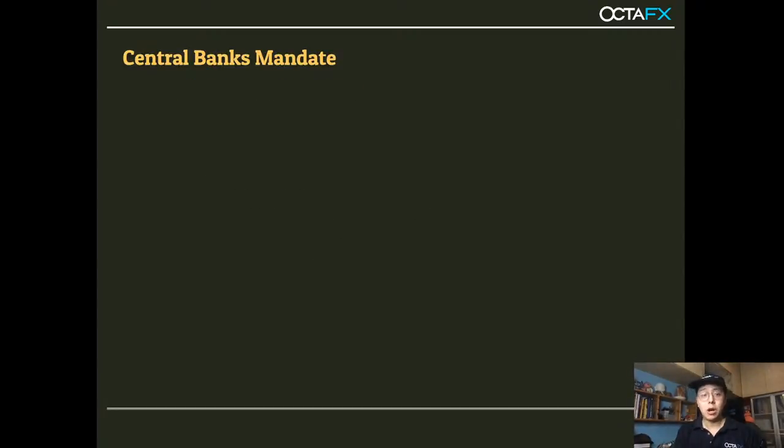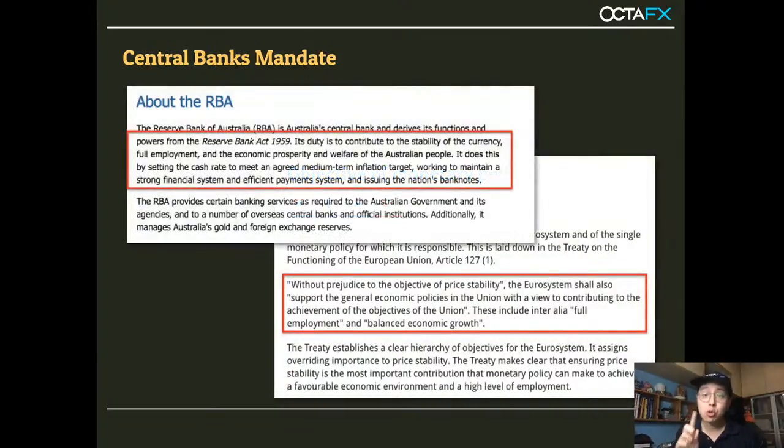Now over here, of course, later we'll go through one case study of a central bank to show you that all this mandate, all this KPI can be found inside it. So this one here is just a very quick example to screenshot. Later we'll walk you through a case study on the Federal Reserve, the US central bank, so you have a very clear understanding of how all these things that we talk about are being applied. So that's very important. But all this again can be found in the rate statement.